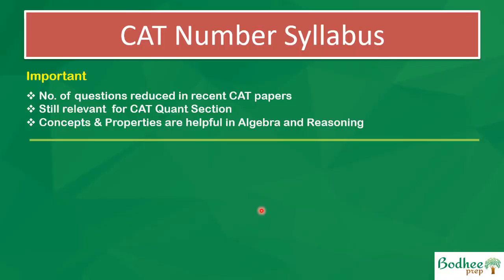In this video, we will take a look at the CAT number system syllabus. So here we have CAT number, and by the word number we mean number system. A number system is a totally different topic in CAT quant aptitude, and it teaches us how to play with numbers, squares, roots and all those things. So let's have a look at this.